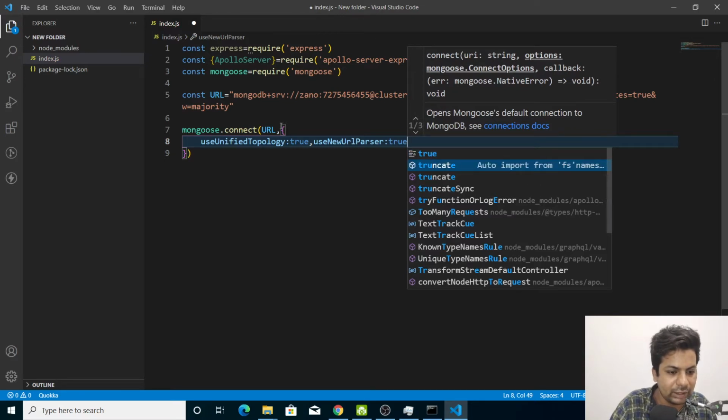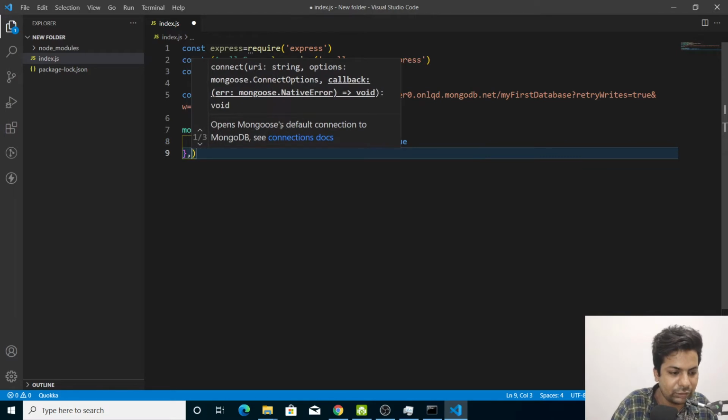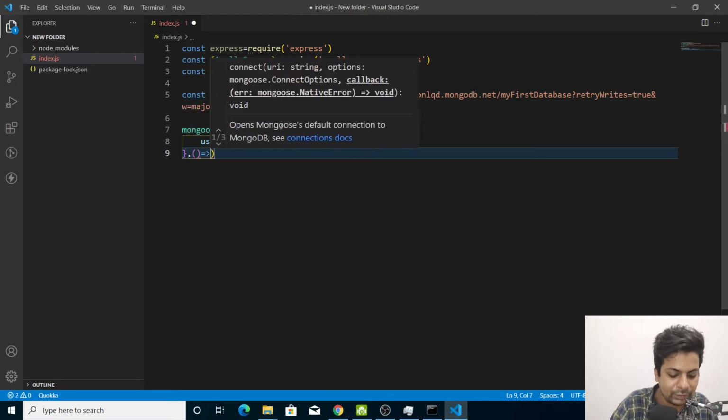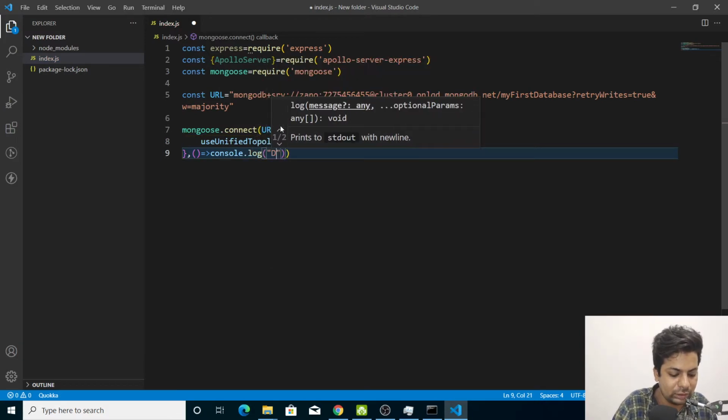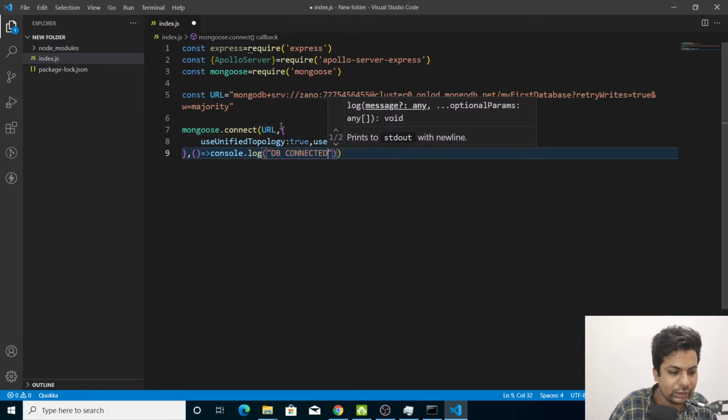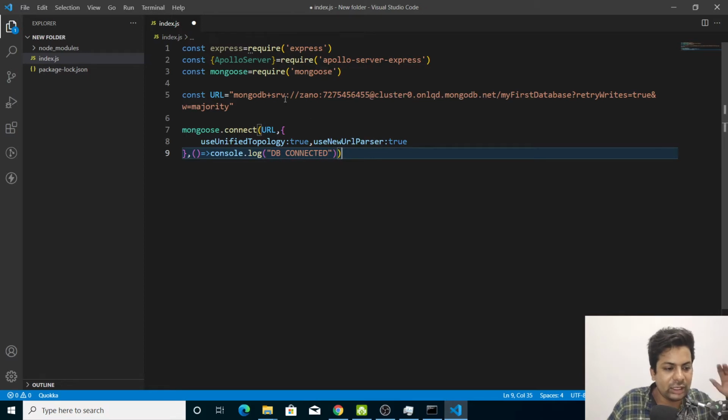Then we'll make a function out of it and say console.log db connected. Okay, this is the mongoose part, the MongoDB connection part.